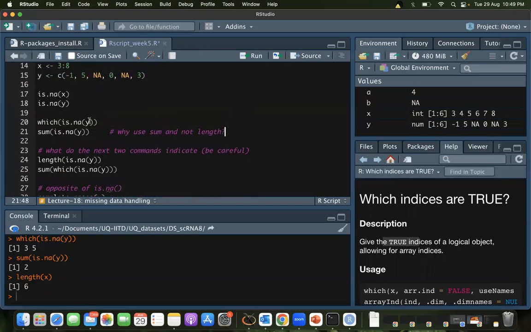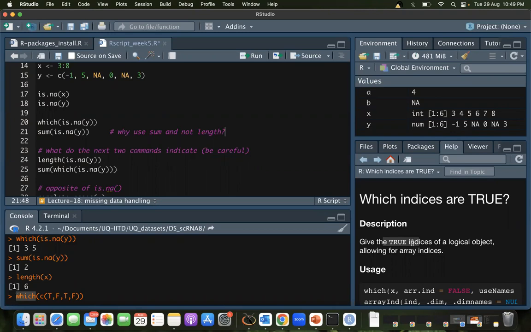Okay, so now tell me, I want you to take a look here. I'm writing which, and I'm making a vector with true, false, true, false. Okay, we can do this, right? I'm just making a vector of true and false. So the which command tells you the indices of the truths.